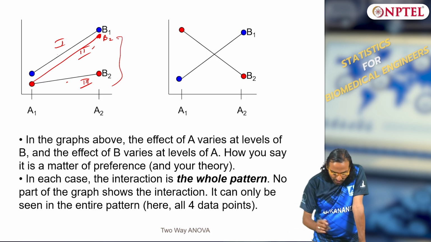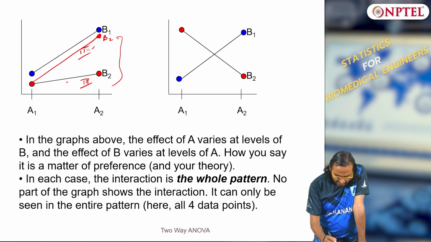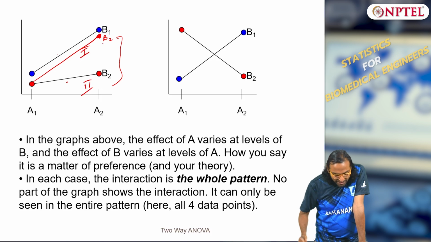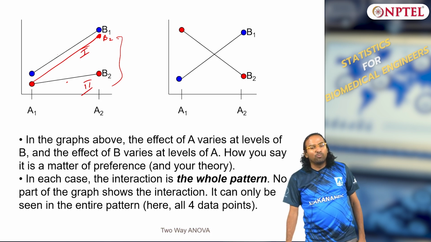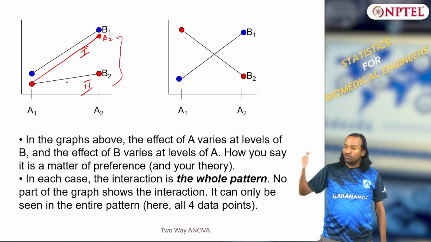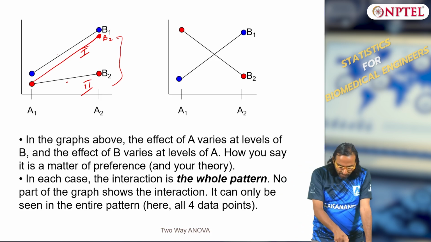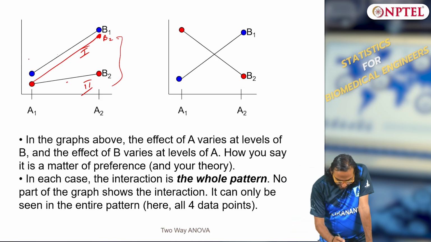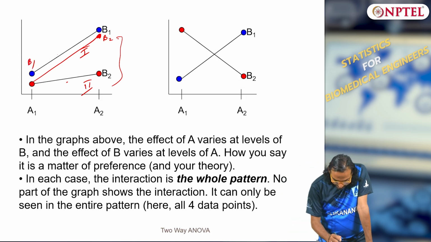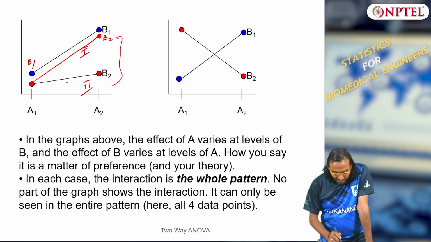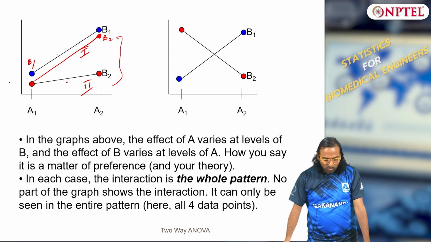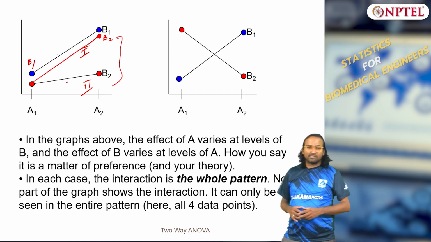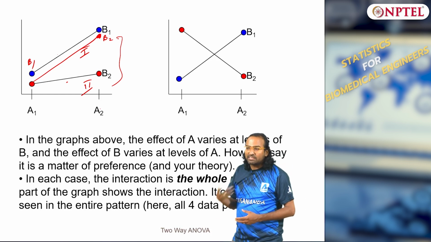Case 1 is A1 B1, let us call it this way. Now this is case 1, case 2. The difference between case 1 and case 2 is the A2 B2 point. Forget this blue line, I have 1 and 2. Look at this: whether case 1 has more interactions or case 2 has more interactions.